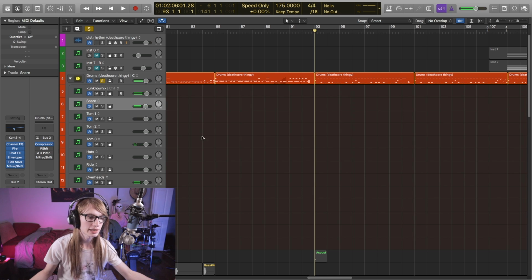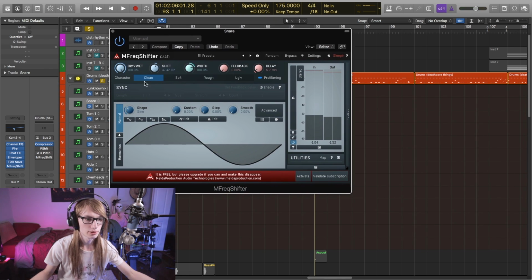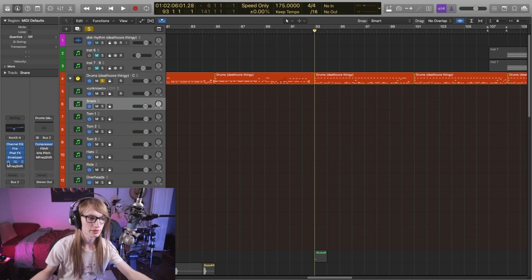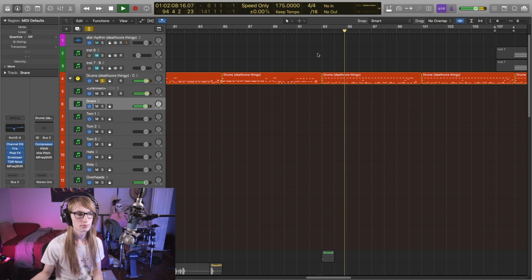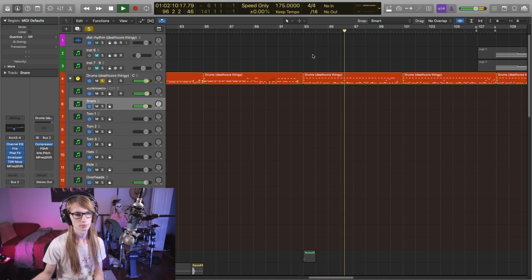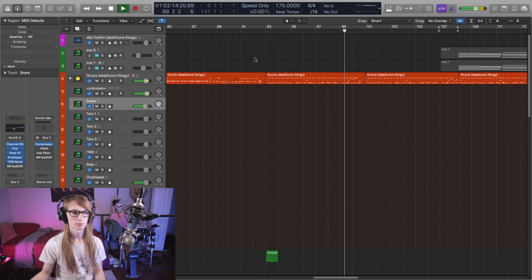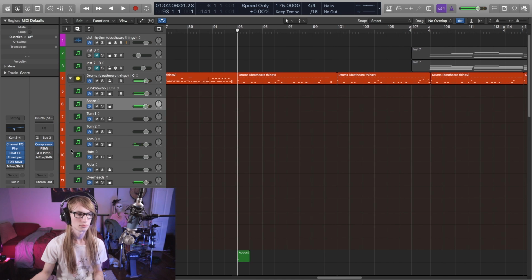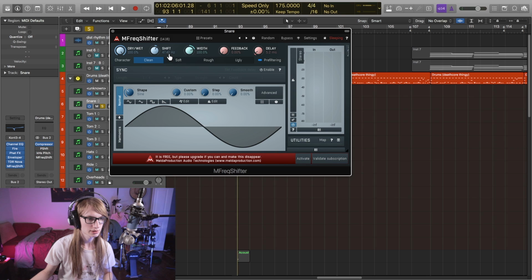And I forgot, I already had MFreqShifter on the snare over here, so if I turn that off on the kick and snare, then you'll see what that sounded like originally. But yeah, the snare with the MFreqShifter, it's like